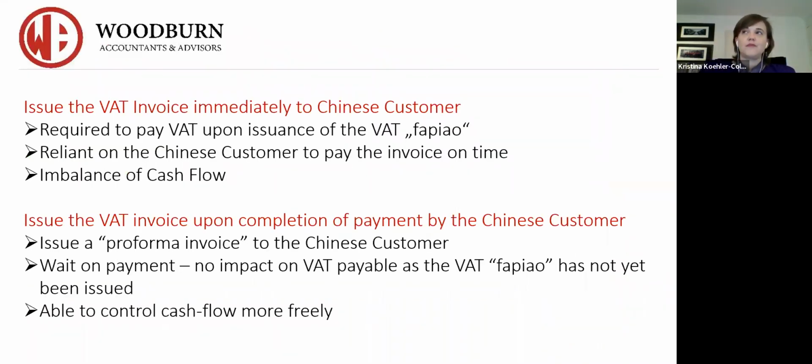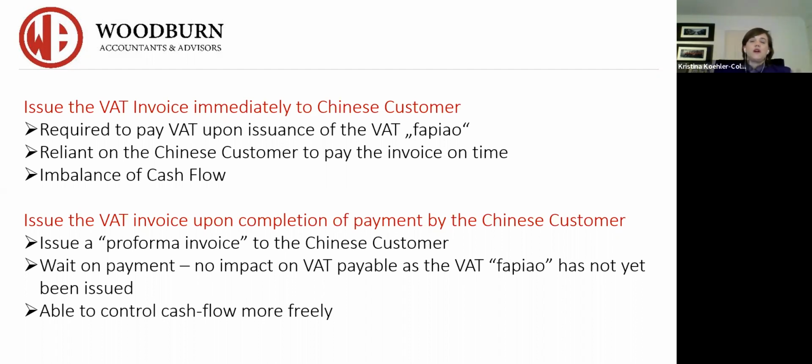When you are a startup, my belief is the critical point is cash flow. We want to make sure that we have enough cash in the bank account to pay for our expenses, and your customers might not be responsible or reliable enough to pay your invoices on time. During COVID, I was a bit lax on some clients because I was in a good cash flow standing, and I allowed some clients to not pay me for a 12-month period because I knew their situation. And this is why I don't issue my Fapiaos upfront.